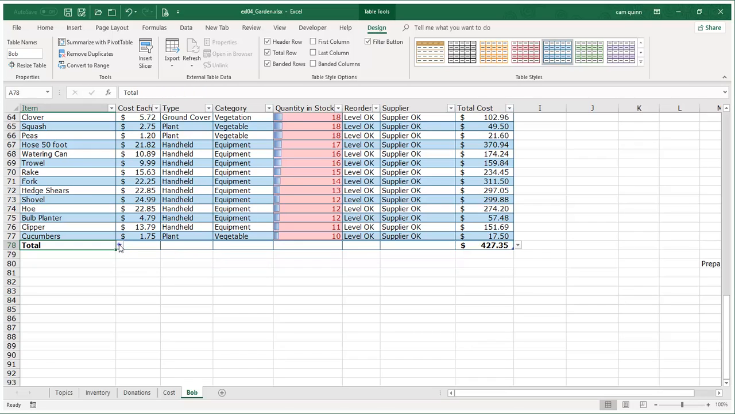I could go into here to cost each and say just show me the most expensive one. So my most expensive item is $72.58, and so on. So I can do every column, quantity in stock. I could say show me my minimum number here, so show me my lowest. So my lowest quantity in stock is 7. Now I don't know how valuable that is in this circumstance, but